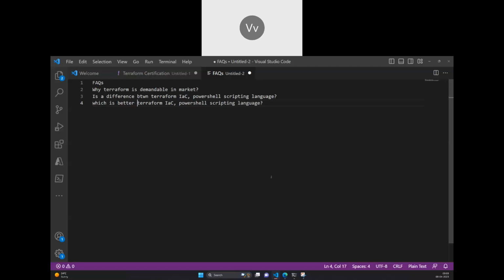Not fire the people, I meant save the job man hours. There are day-to-day activities which you do and you can automate using PowerShell, so that they can utilize the resources for better work and better efficiency.